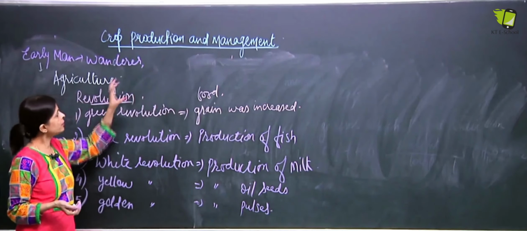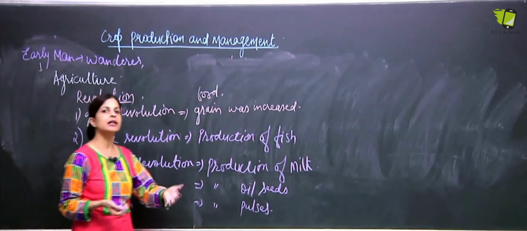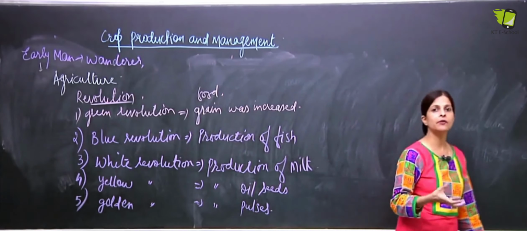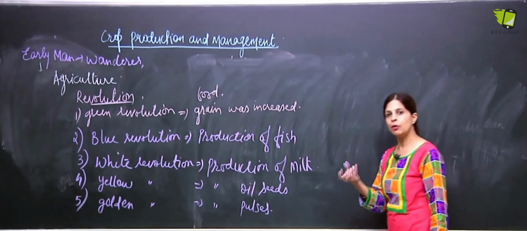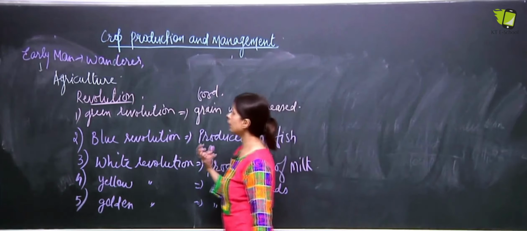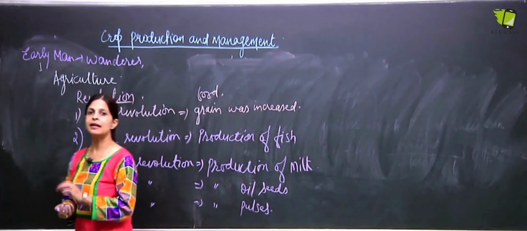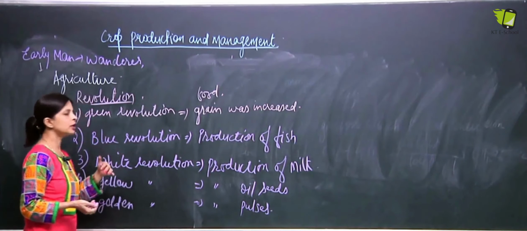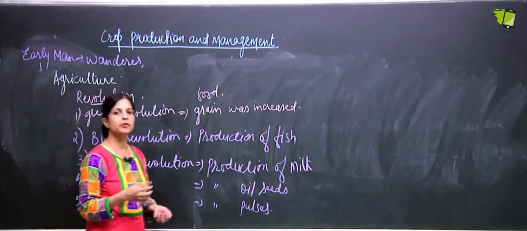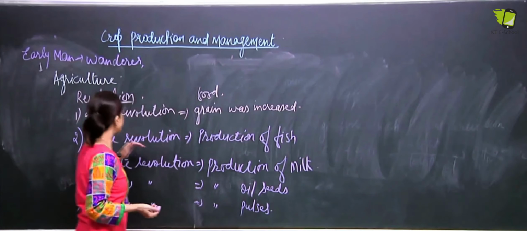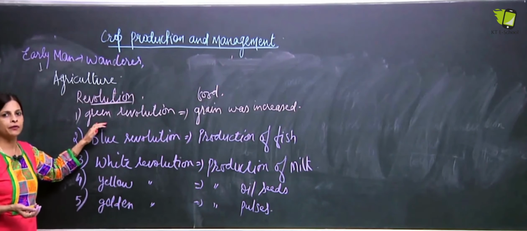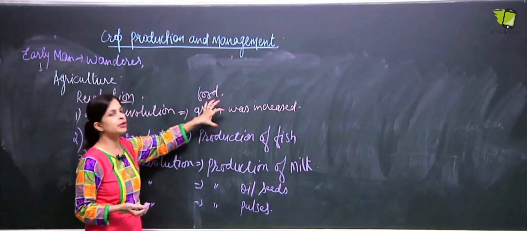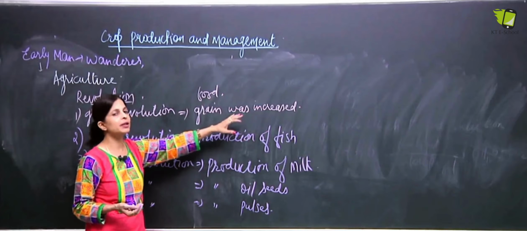Okay, what I mean to explain is that just for the sake of giving proper, enough food to the population of India, and to give better food, scientists keep on researching, keep on bringing some new things, okay, so that the quality as well as the quantity of the food can be improved. Say for example, when we talk about green revolution, more focus was given on how the production of food grain can be increased, okay.